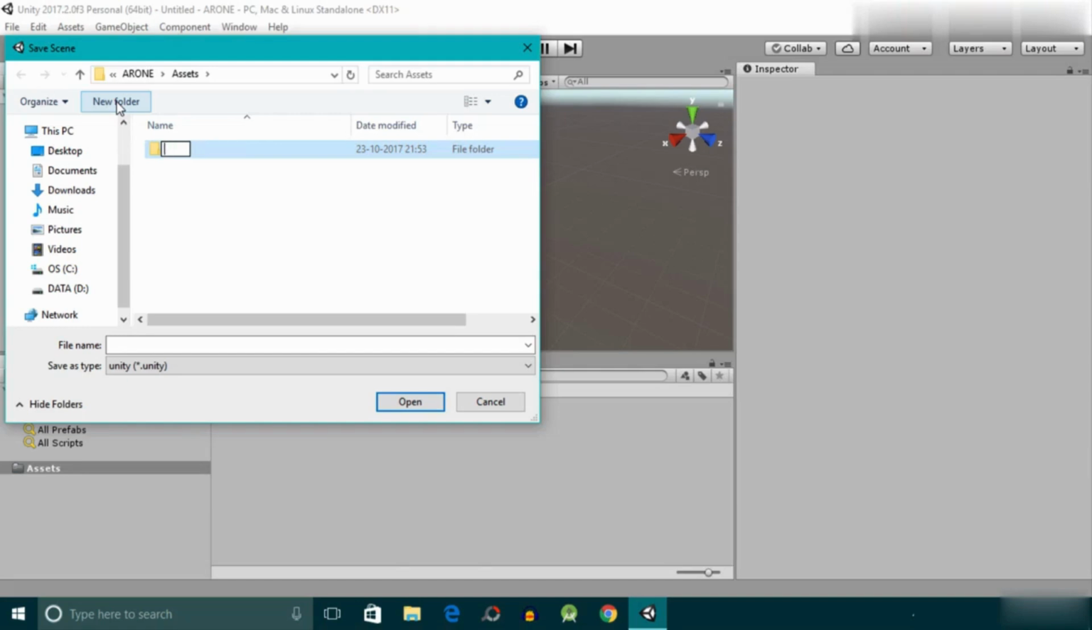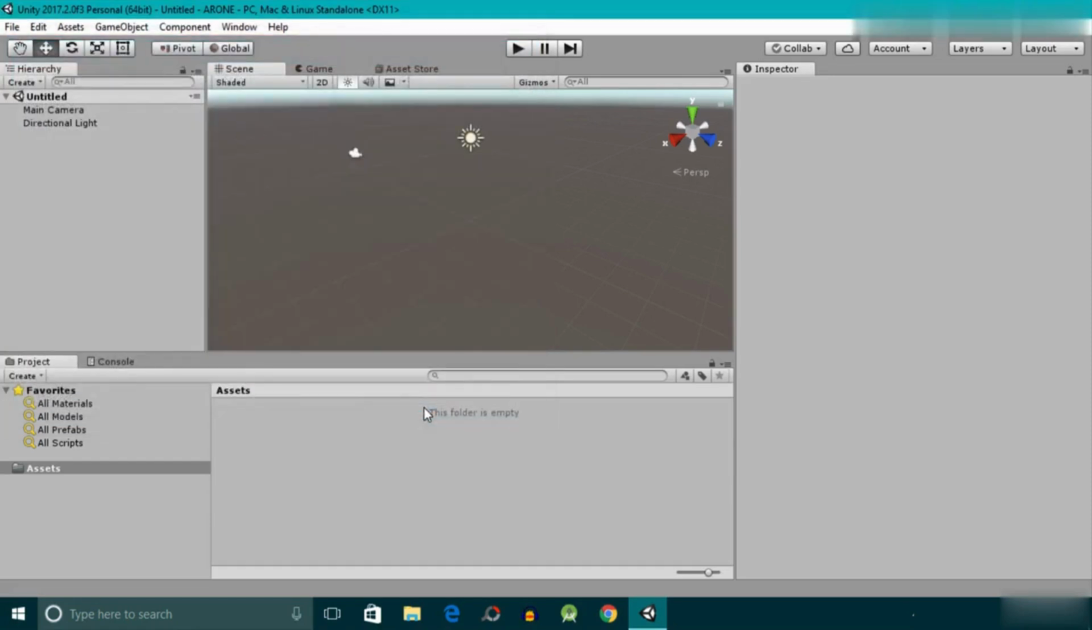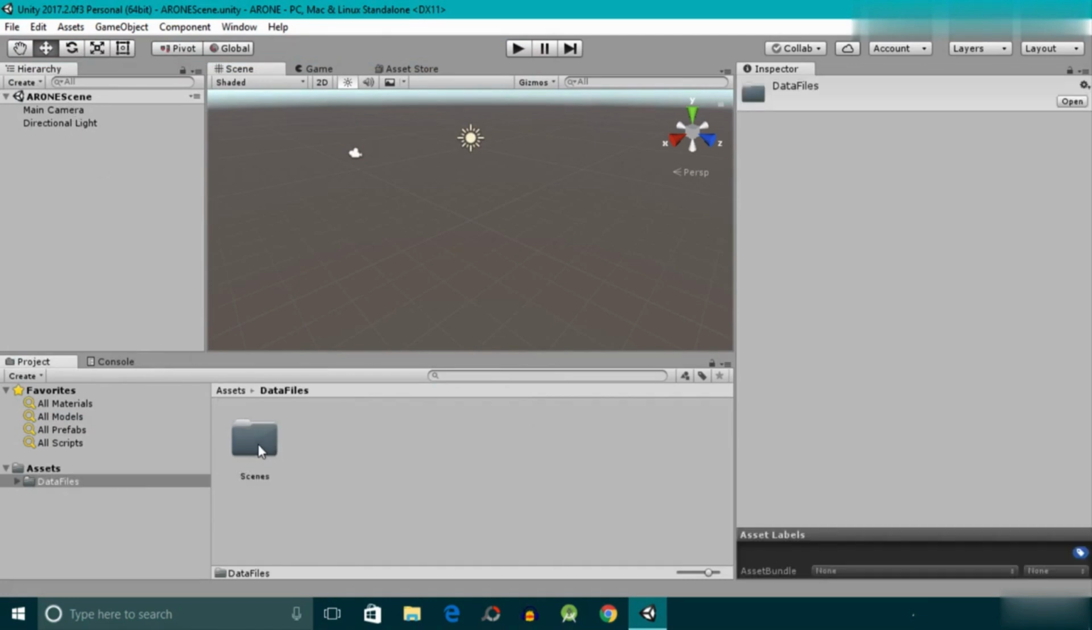I'll give this folder a name of data files. I'll open the data files folder. Inside the data files folder, I'll create another folder. I'll name it scenes. I'll open the scenes folder, and inside the scenes folder, I'll save the scene. And I'll give this scene a name of AR1 scene. After this, I'll hit save. So as you can see, the scene is saved by the name of AR1 scene and it is inside the